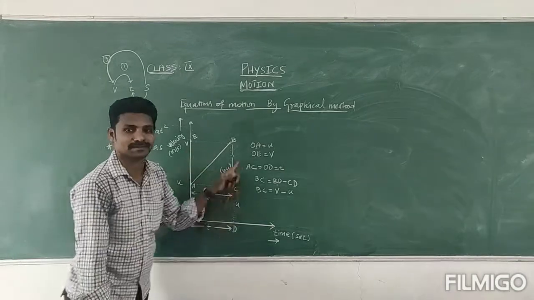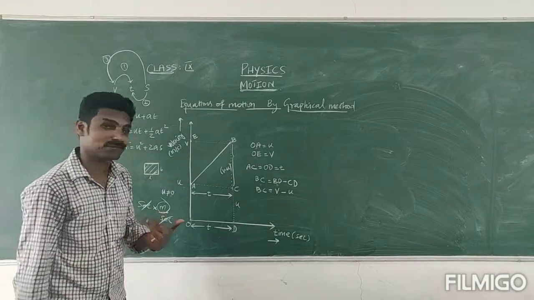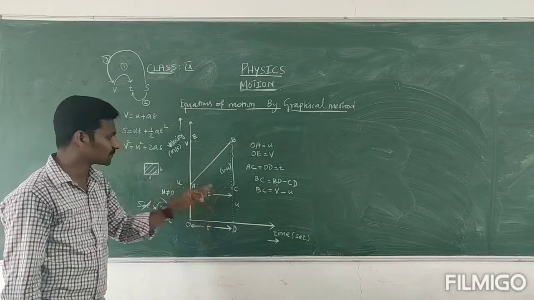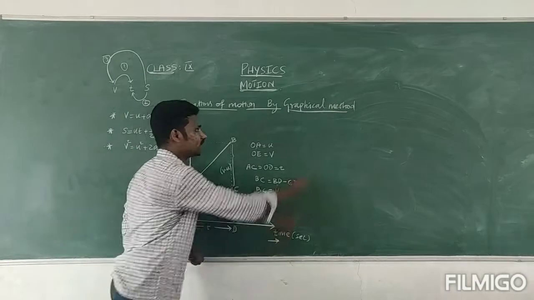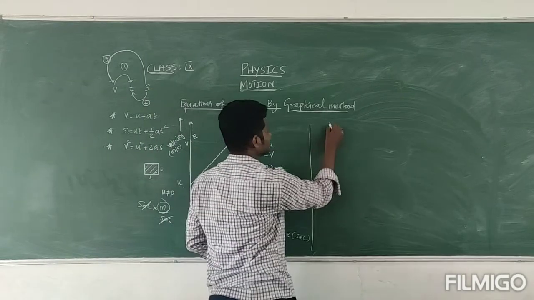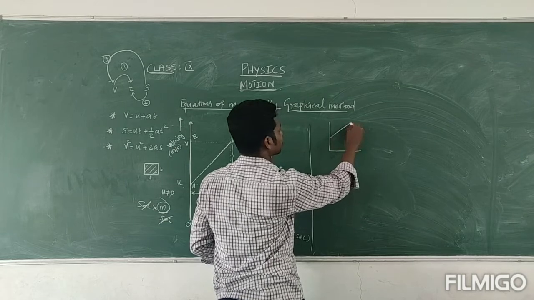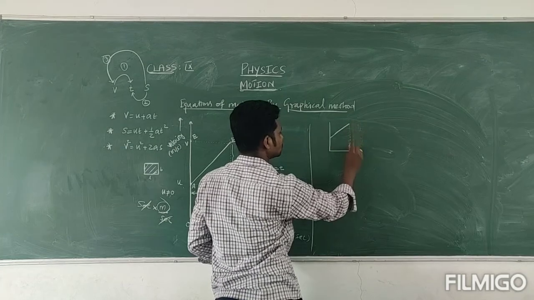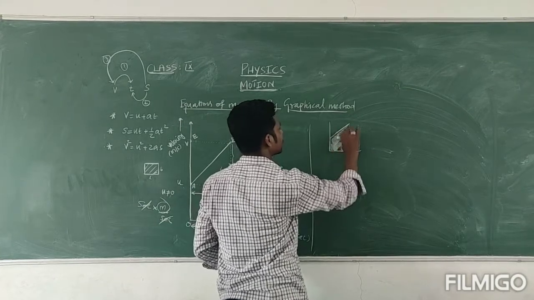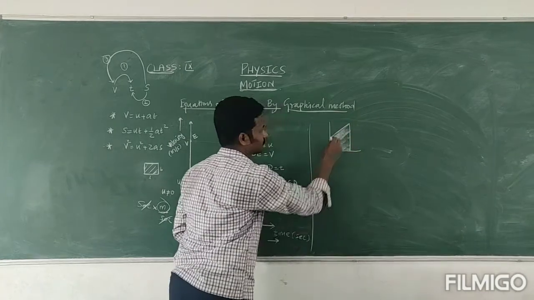So you should multiply, which means you should find the area of the graph under this slope. Okay, let's find it now. See, very simple. One more time, the same graph only. That's all. This is the area. So this area only you are going to find.